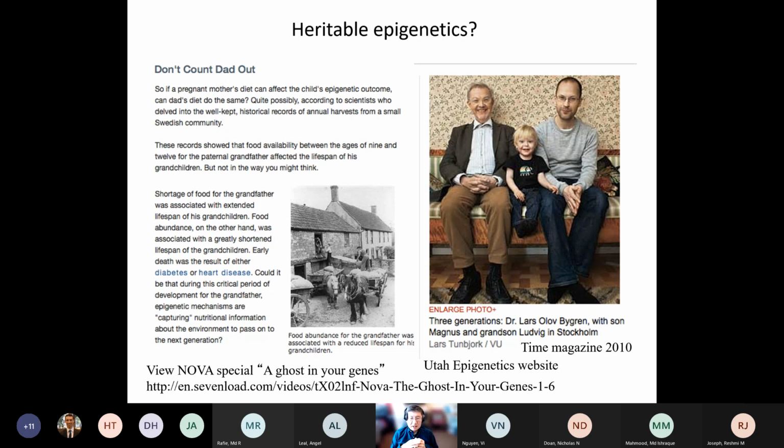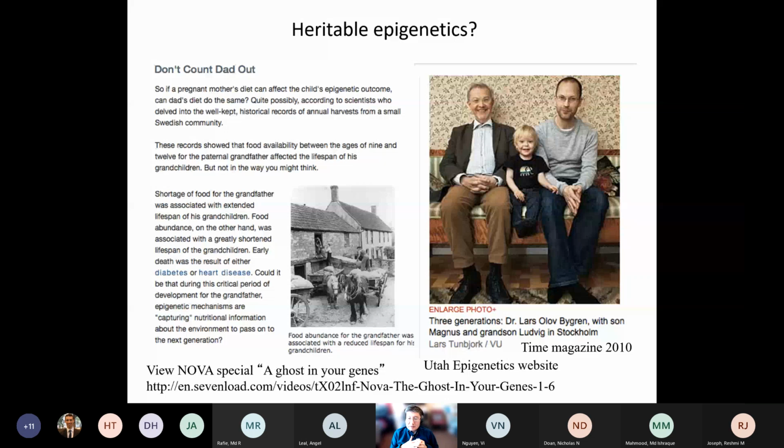That small village has a good record of their agriculture every year, for many years, hundreds of years. Some years you have a lot of goods harvested, and some years you don't have good agricultural production. They also have a very good record of the people in that village. So scientists revisited the records and they found something very interesting.